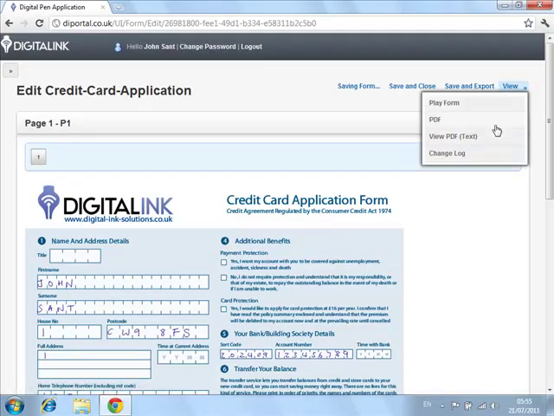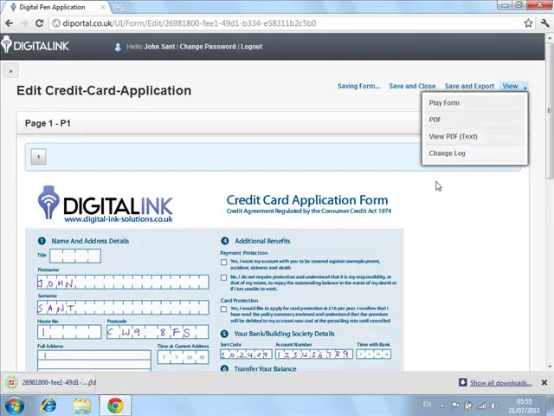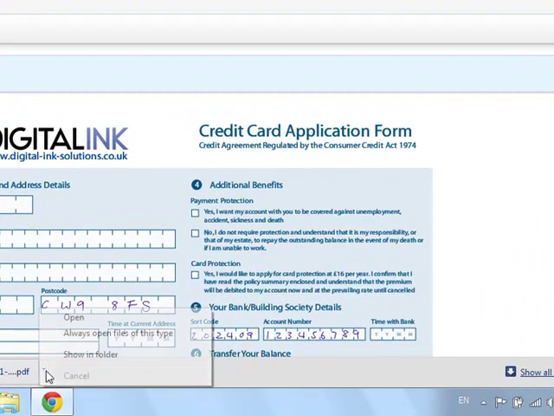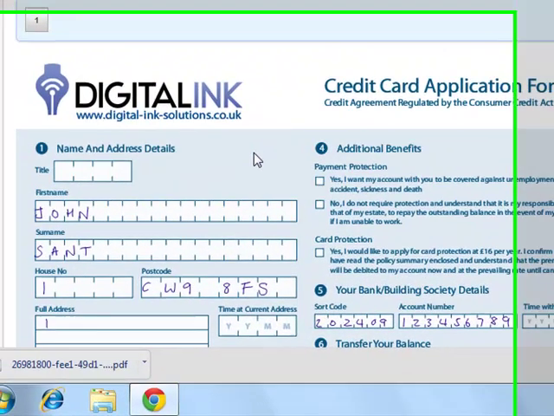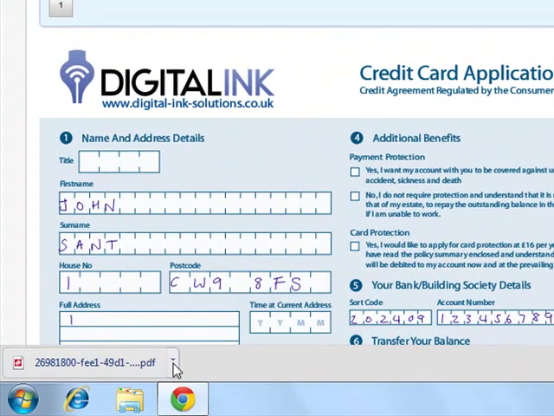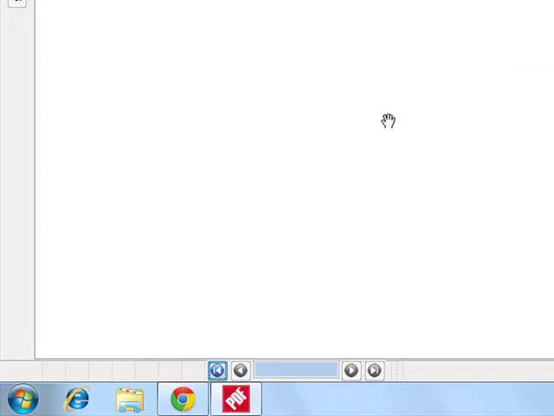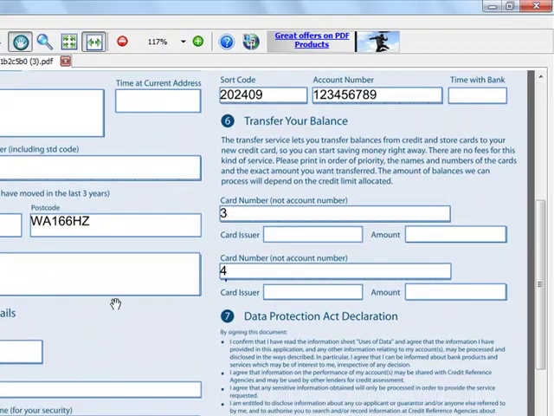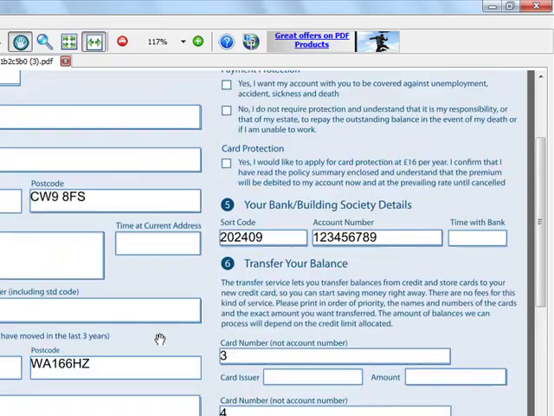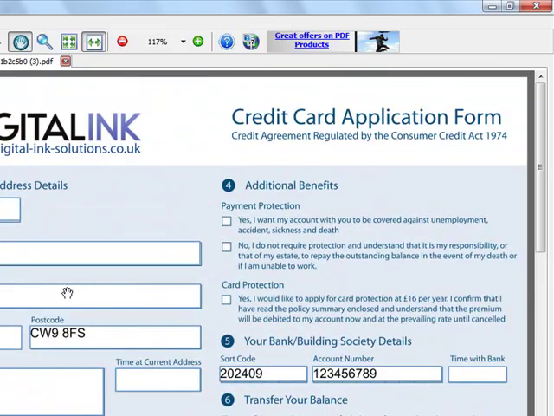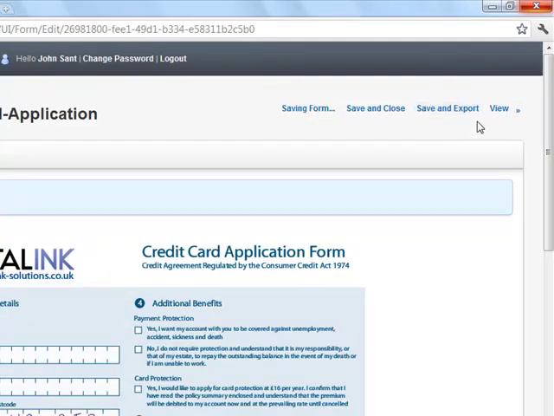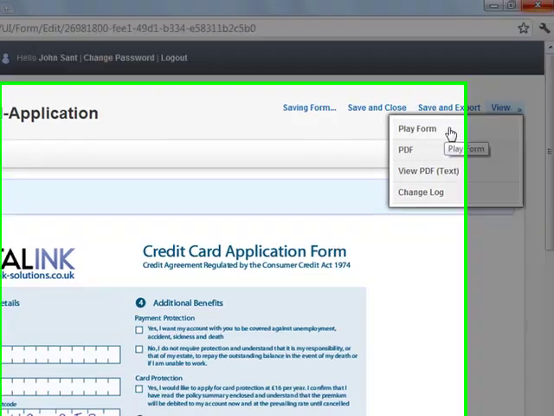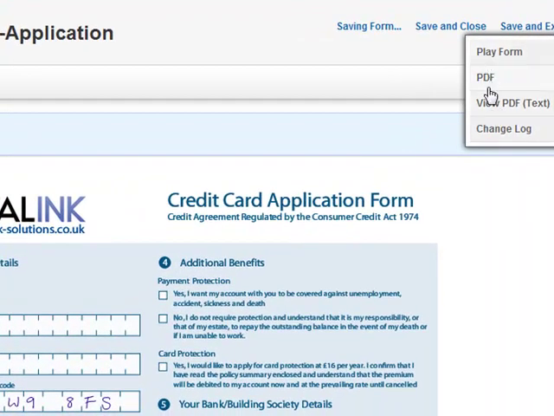If we take a look now at the PDF text version of the file, we can see that it's the same form really, but with data where the handwriting was, so it converts field values to data. The play form feature, these features are covered under separate videos in some more detail by the way, but the